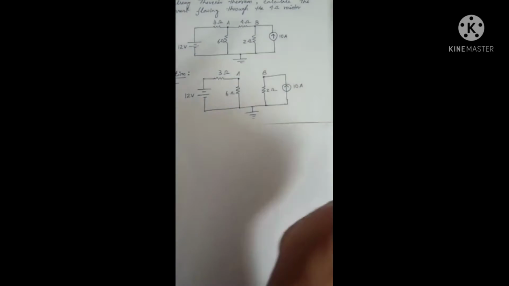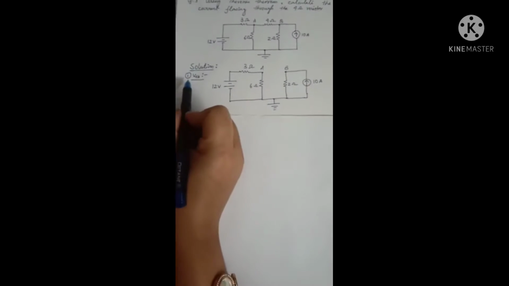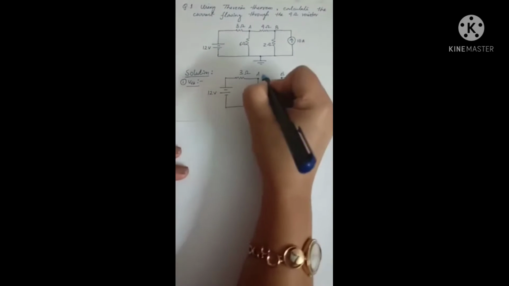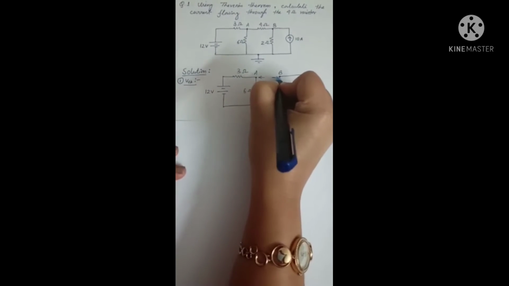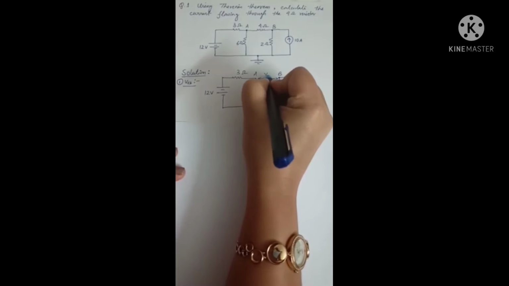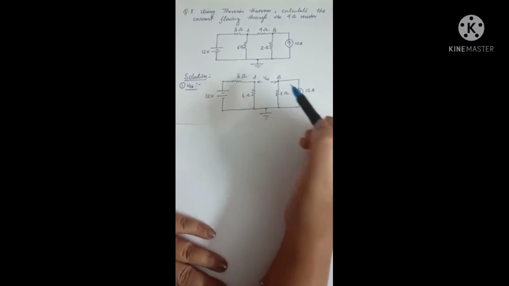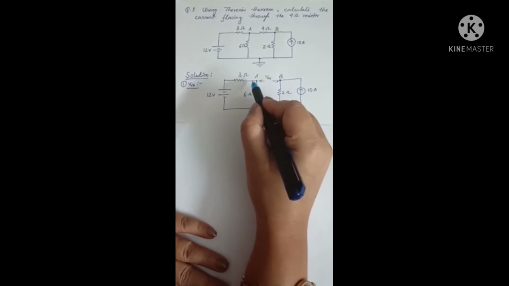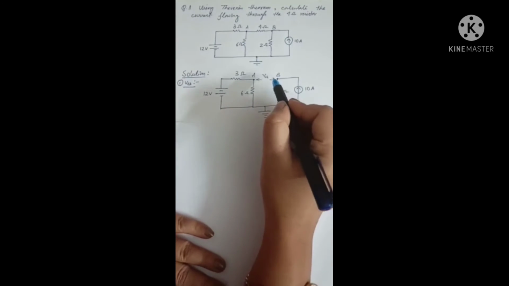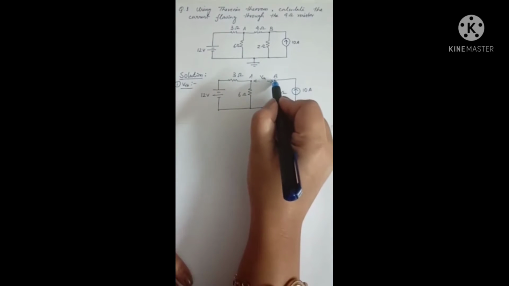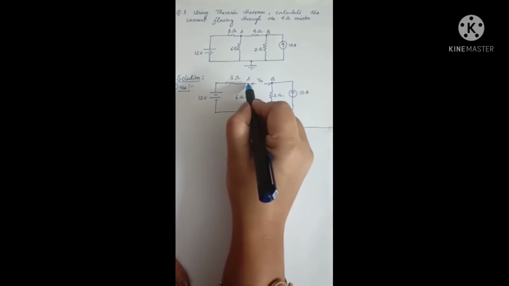The second step is we have to calculate VTH, that is Thevenin voltage or open circuit voltage, VOC, which is available between these 2 points A and B. So this is VThevenin that we have to calculate. As in my last video, I have already mentioned that to find this VTH or VOC, we can start from this point A and go to point B, or also we can start from this point B and go to point A. So for now, let us start from this point B and move on until we reach point A.